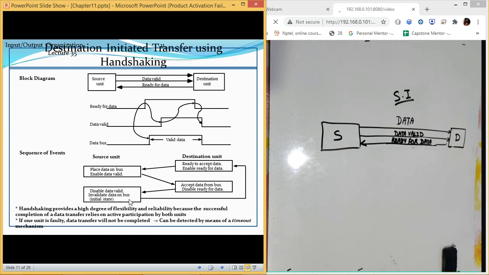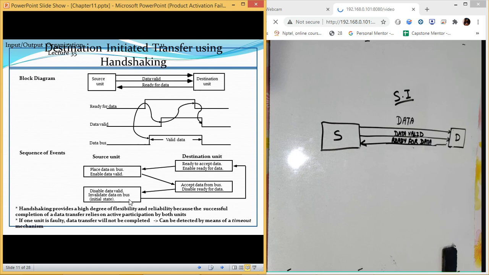Now, handshaking provides high flexibility and reliability because successful completion of data transfer relies on active participation of both the units. Both will be aware whether the data was sent properly or not.